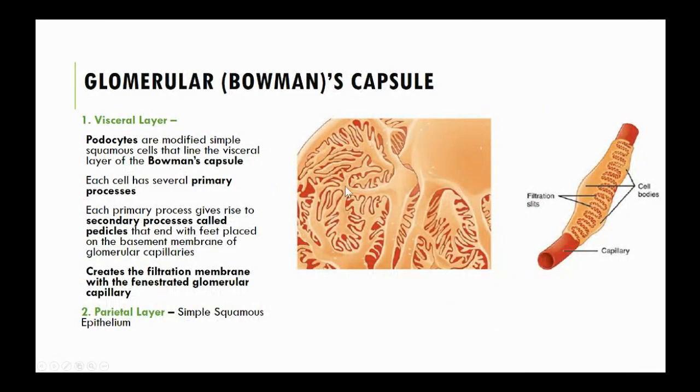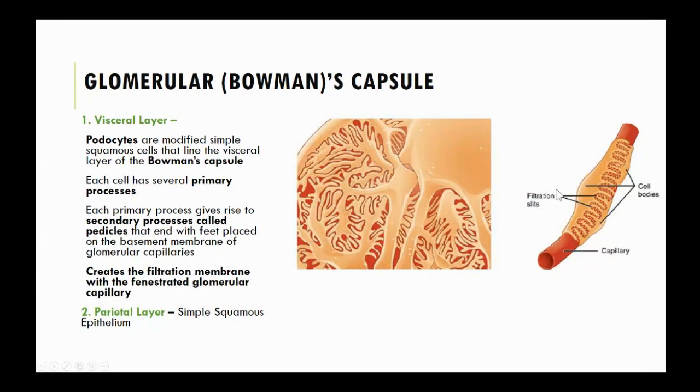So our Bowman's capsule, or glomerular capsule, has different layers. We have the visceral layer and the parietal layer. The visceral is right on the organ, and the parietal is off of the organ, right? The visceral layer has what are called podocytes, and podocyte actually means little feet with these pedicles on them. They are modified simple squamous cells that line the visceral layer of our Bowman's